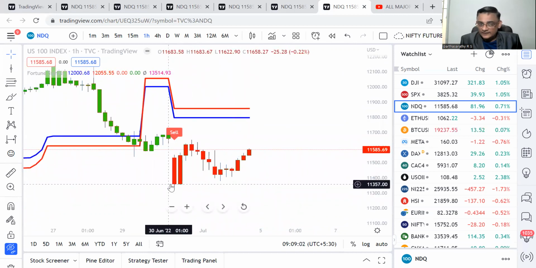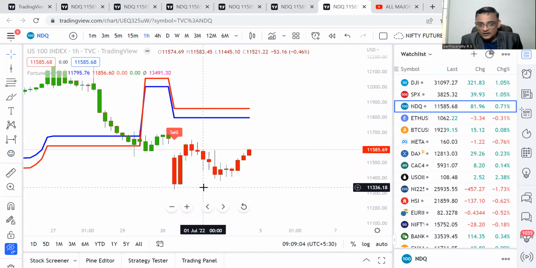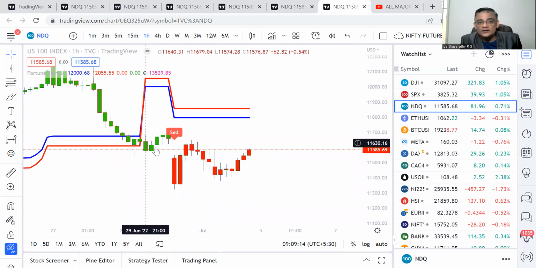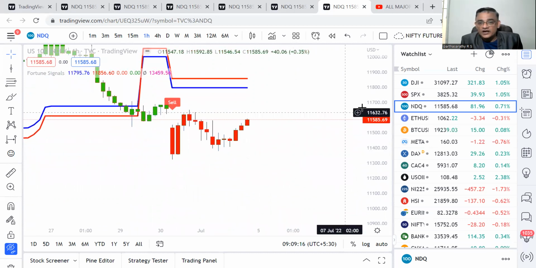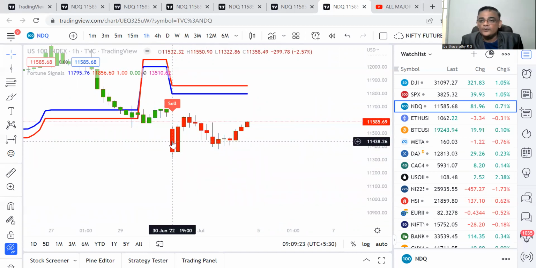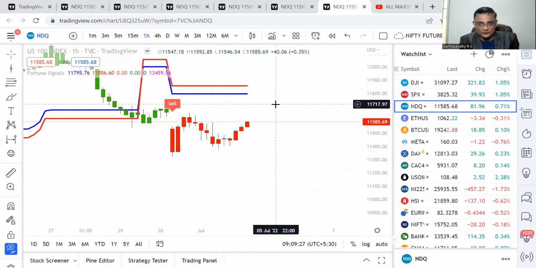Whenever there is a sell, if the next candle or whenever after this, no candle closed below this candle, it means it is a fake sell. So it is still in buy, which you bought here. Based on hourly, if any 1 hour candle closed below this candle low, then it has become genuine. Till that time, you can use it.